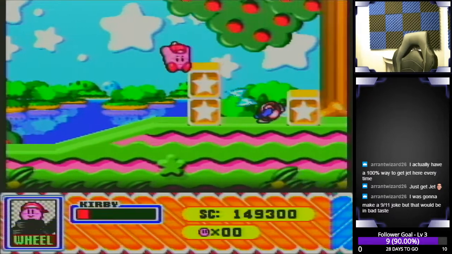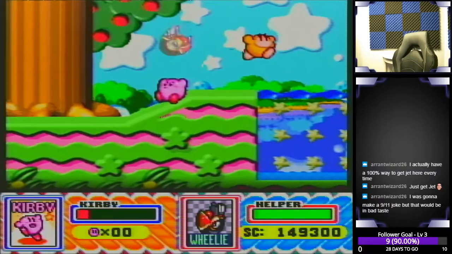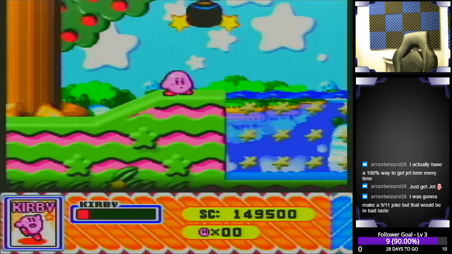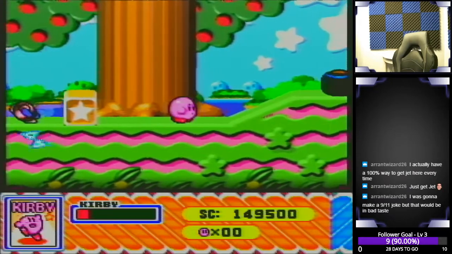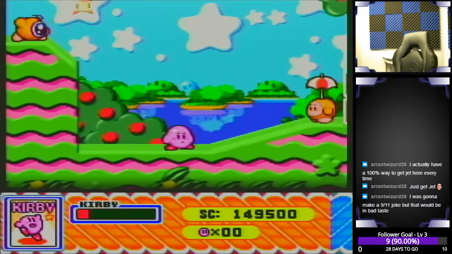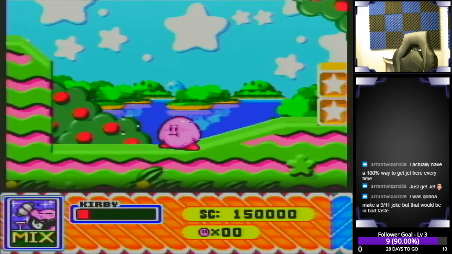There's another wheel. Pretty big tire. It's as big as Kirby. Jeez. I find it kind of funny that when you get the wheel ability,